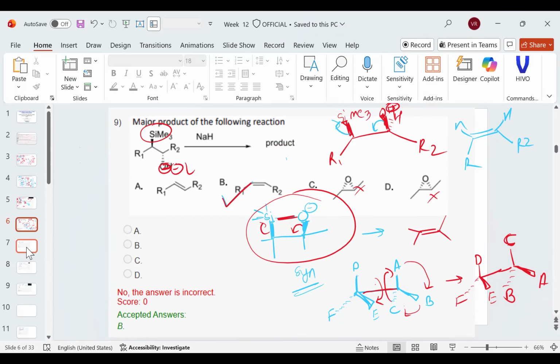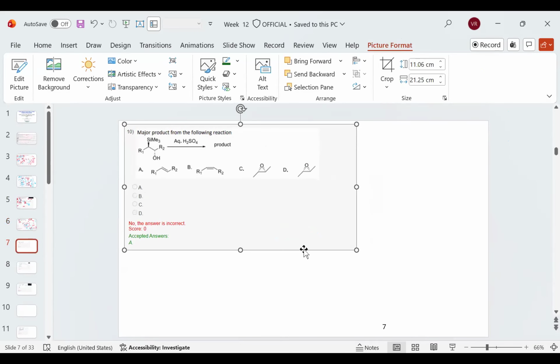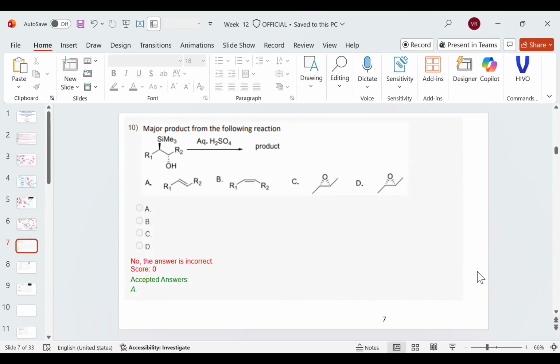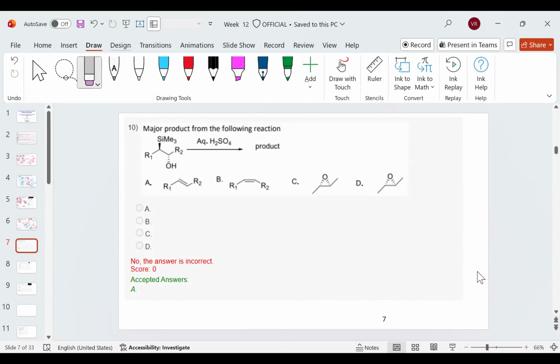So let's move to another question. This 10th one. If you look at the mechanism, look at this example, we have aqueous H2SO4. And in this case, what happened? When we add aqueous H2SO4,